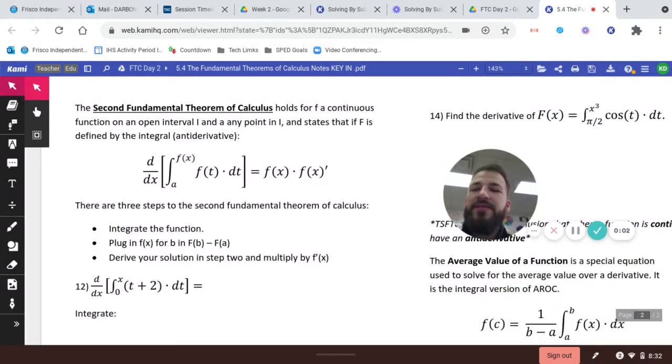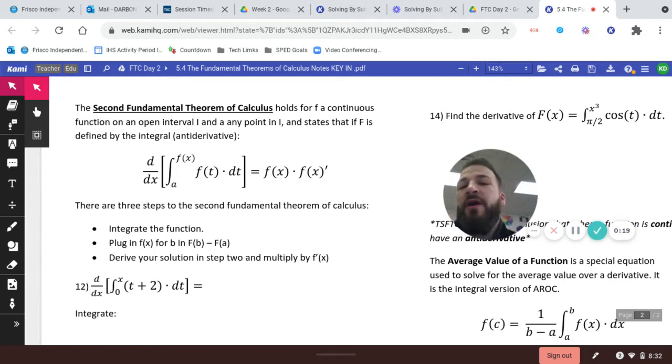All right, y'all, today we're going to be talking about the second fundamental theorem of calculus and what we call the average value of an integral function. So the second fundamental theorem of calculus, besides being almost as important as the fundamental theorem of calculus, tells us